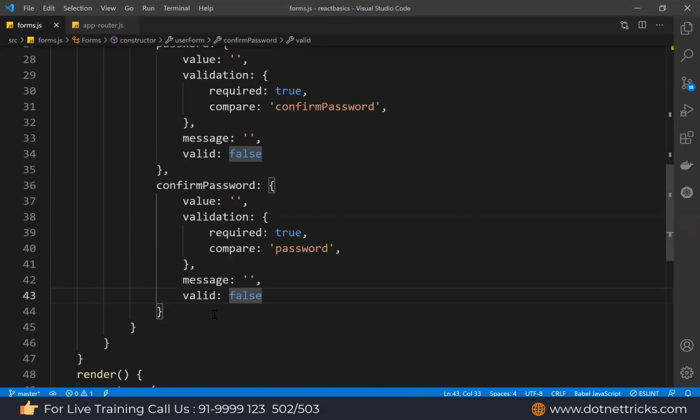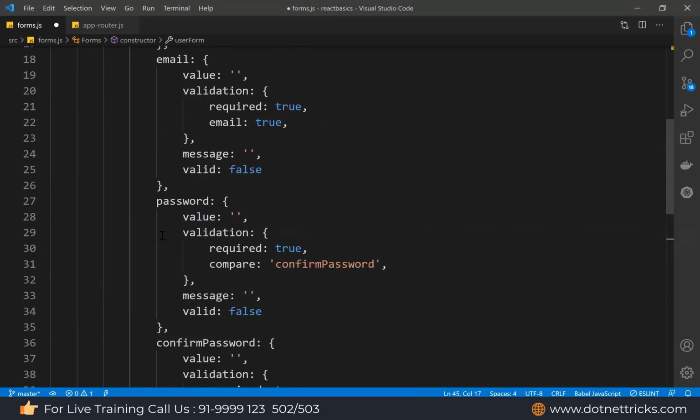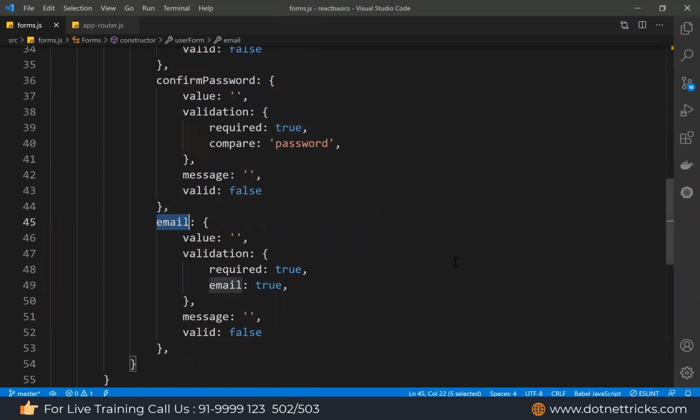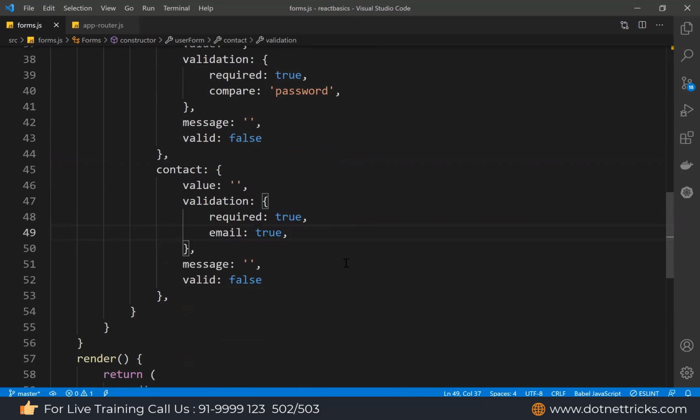It's your choice, however many you need. Let's say I'm adding one more, for the contact number. Let me copy and define it for the contact. For the value validation, let's say it should be a number, and here I can define a regular expression as well, a pattern. As a pattern, let's say the number should start with either 7, 8, or 9, and the total number of digits should be 10. So I'm just using 9 here as the first digit, and another 9 digits can follow. This is the pattern we need for the contact number.